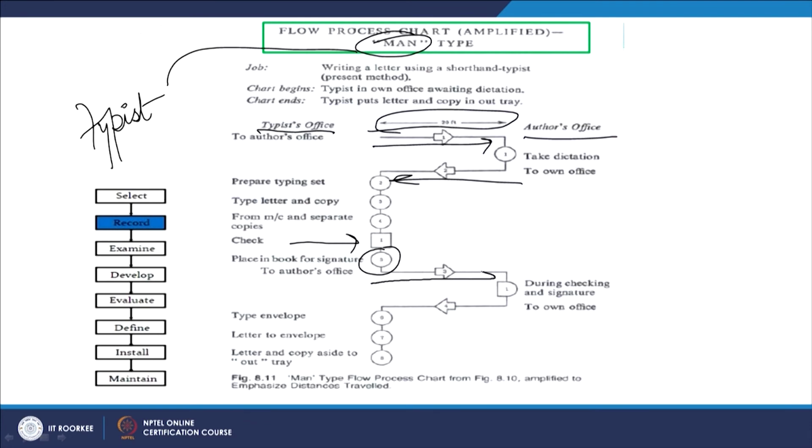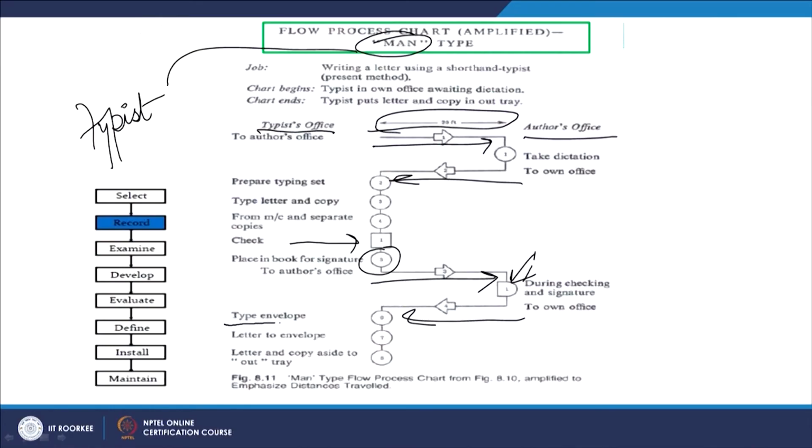Again he goes for signature, and then there is a delay, he is waiting for the author to check and sign the letter. He again comes back, then prepares the envelope, puts the letter into the envelope, and then it's in the out tray for final dispatch. Same way, but the distance part is represented in a different way here.